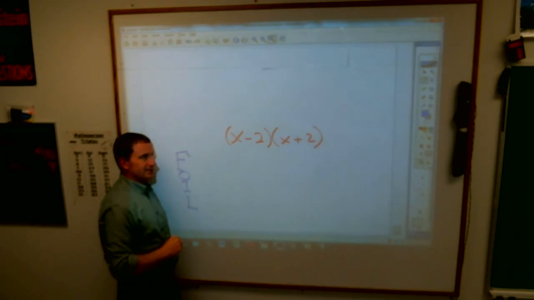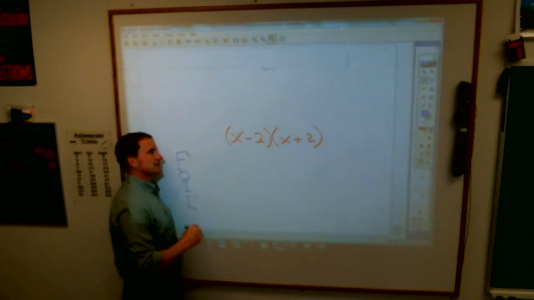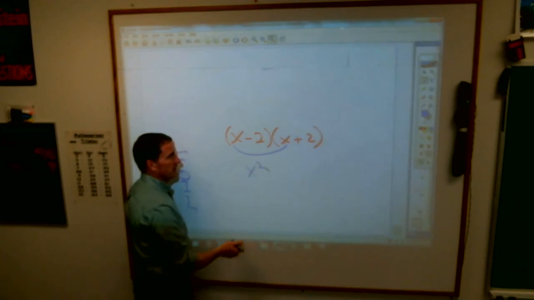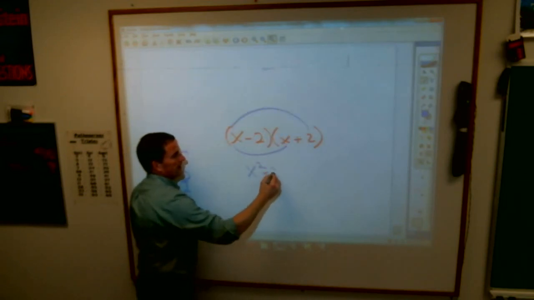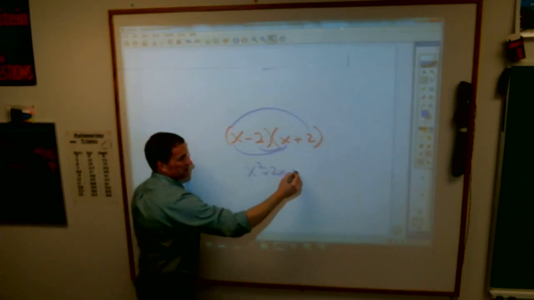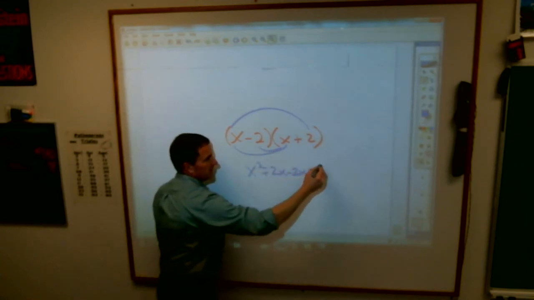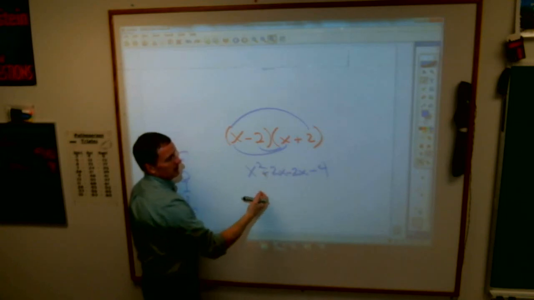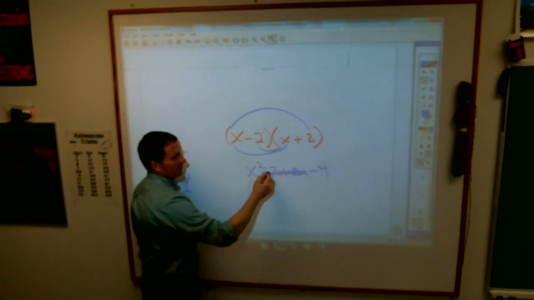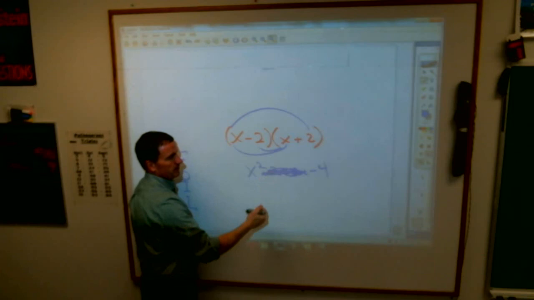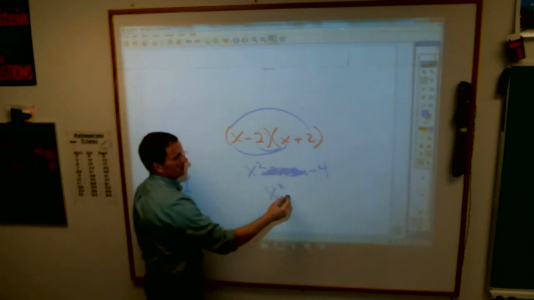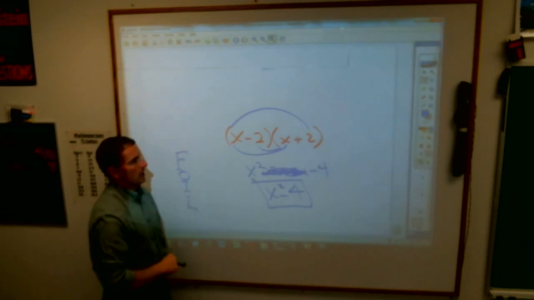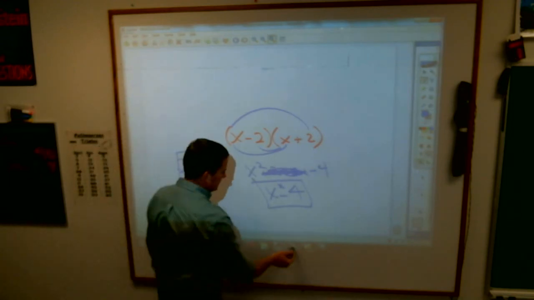Isabel says, X squared minus 4. Let's see. First terms, x times x is x squared, correct? Outside term is a 2x, inside term is a minus 2x, and the last term is a minus 4. And yes, these become opposites. They go away, there's no x's left. If you have 2 x's and take 2 x's away, they're gone, and you are left with just x squared minus 4. Like we say in my business,